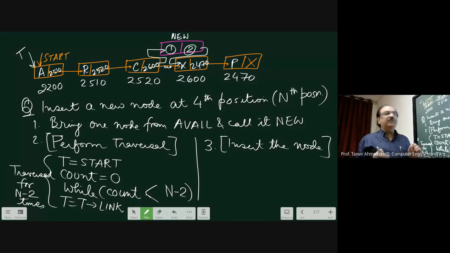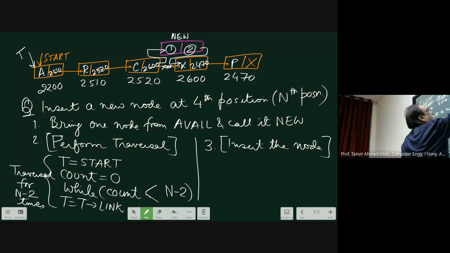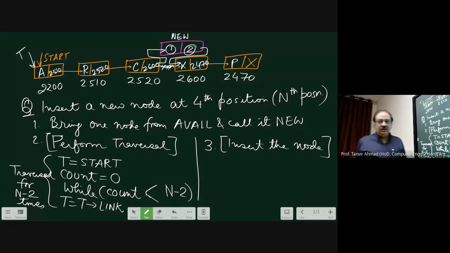If you break the link first before connecting, you lose all the nodes. That means if you delete this first before connecting, you will end up losing everything. Therefore, the thumb rule says that always modify the new node first. That means before breaking that link, first you modify 1, 2, so that you first join and then break.